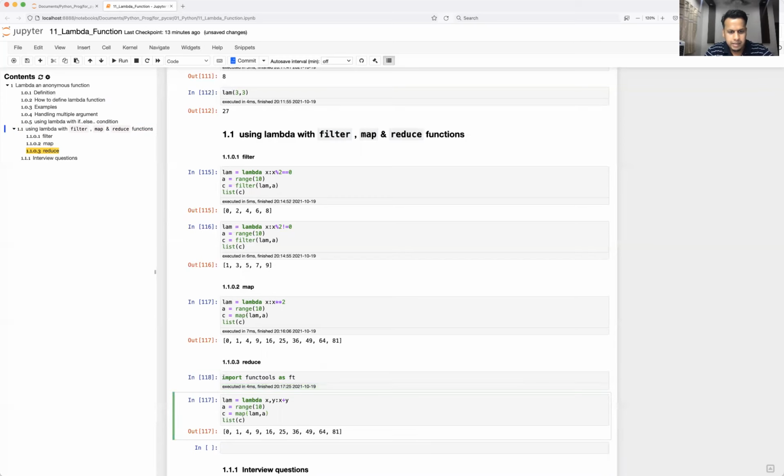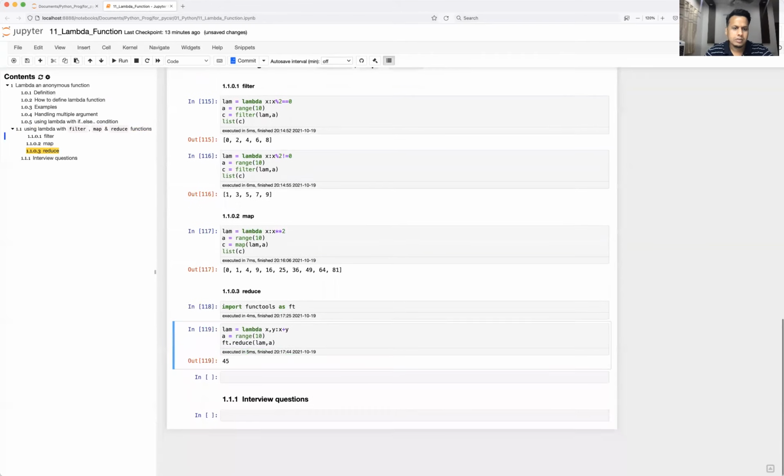Now inside ft, I have something called reduce. And it is going to directly provide me the final output. So no need of return. I'm just going to print it. So define lambda, that is x plus y. Take the sequence and call the lambda inside reduce. So the summation of all the numbers between 0 to 9 is 45.